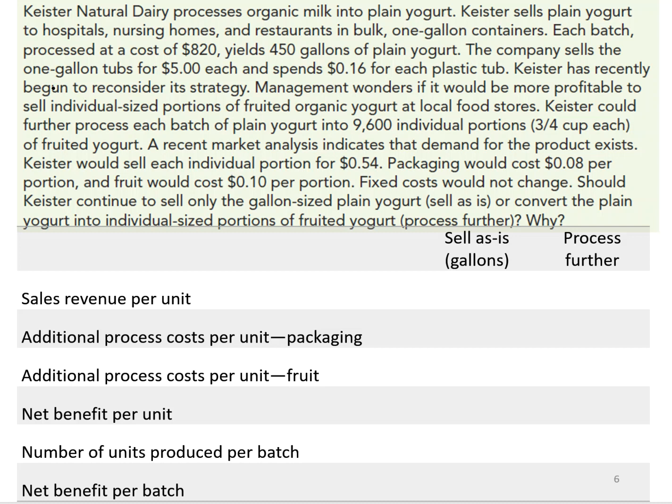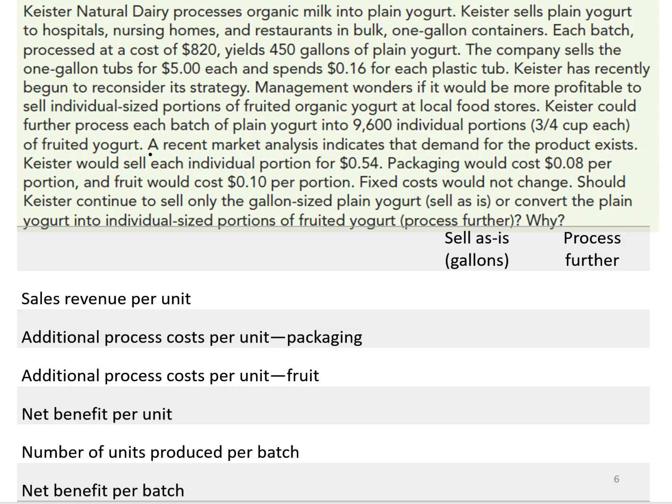The company sells the 1-gallon tubs for $5 each and spends 16 cents for each plastic tub. Keister has recently begun to reconsider its strategy. Management wonders if it would be more profitable to sell individual sized portions of fruited organic yogurt at a local food store. Keister could further process each batch of plain yogurt into 9,600 individual portions of 3/4 cup each of